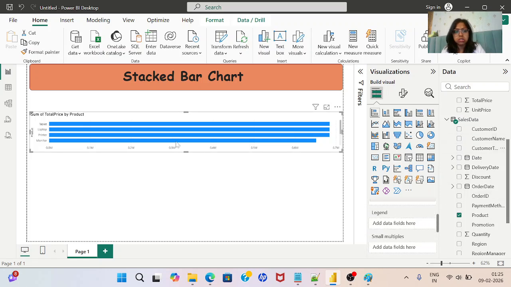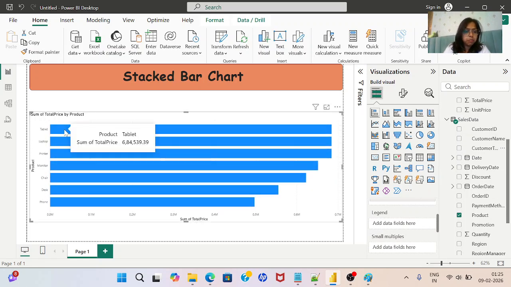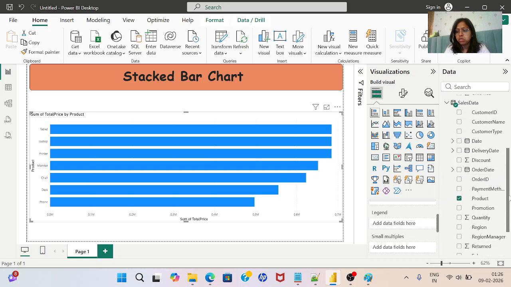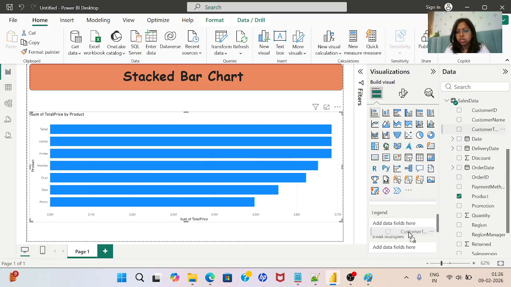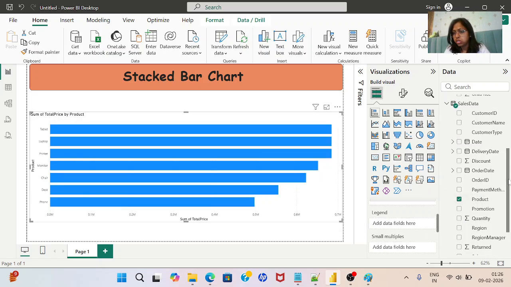Now you can see these are the first. If I show you, let me drag a little bit. So this is a sum of the total price on the product. So the tablet's total sale is this much, then laptop, printer, all these things. And if I wanted to see it for each customer type, the moment I put customer type in the legend, it is giving us only two types of customers. So let's take something else which will give me more